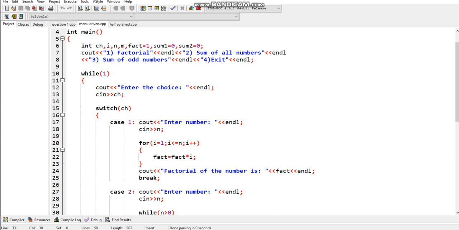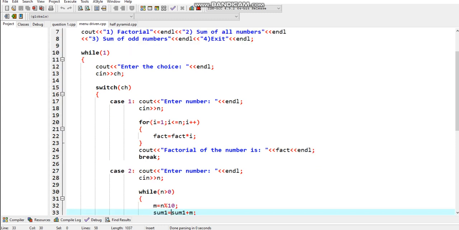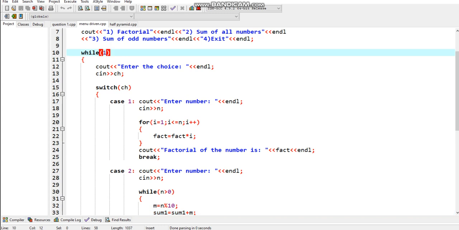The first choice is factorial, the second choice is sum of all numbers, and the third choice is sum of odd numbers. In the while loop, the condition is 1, because the while loop works on a block of statements, and if the condition expressed is true, it will continue the statements.